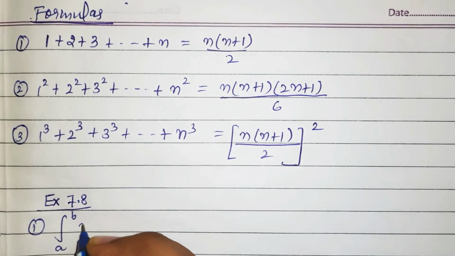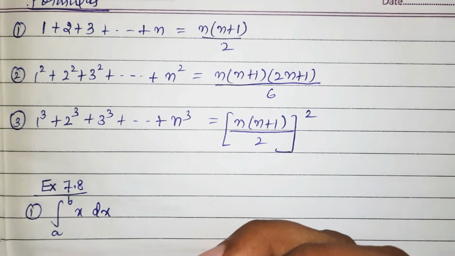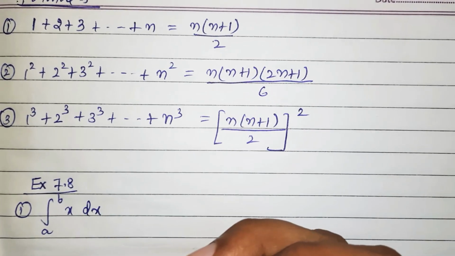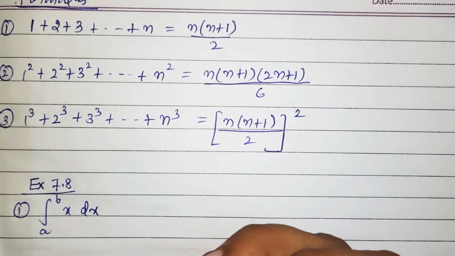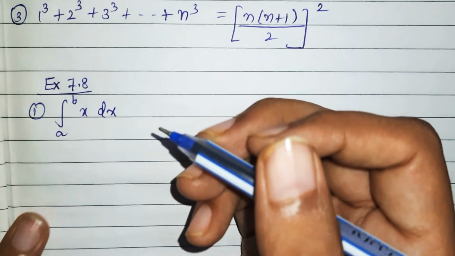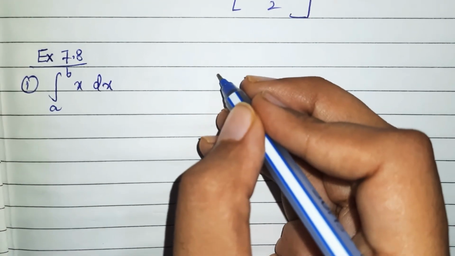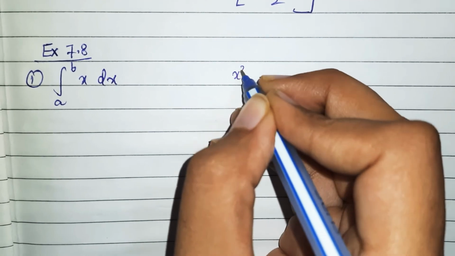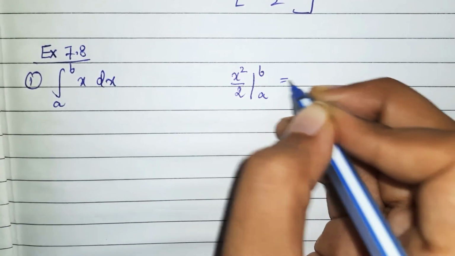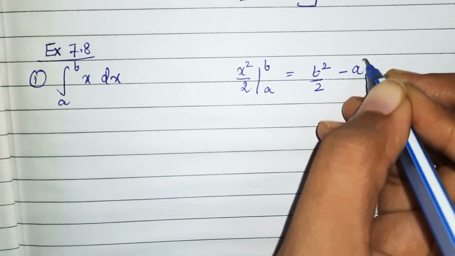Question is this. Now do not think, ma'am, why are we not supposed to do this question directly. Yes, we can do it, but if the question says that you need to do it as a limit of a sum, then you need to apply the whole algorithm. If I want to do it directly, then what will be your answer? The integration is x by 2, upper limit minus lower limit. So the final answer you will be getting like this.